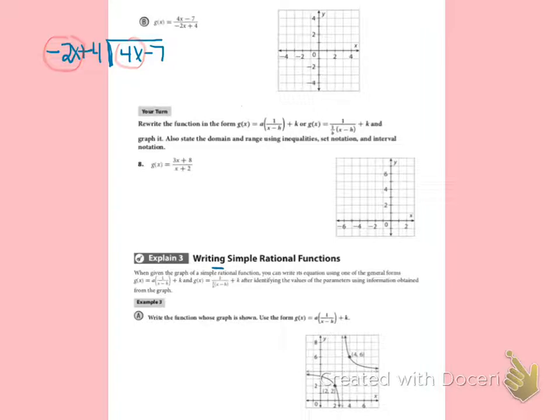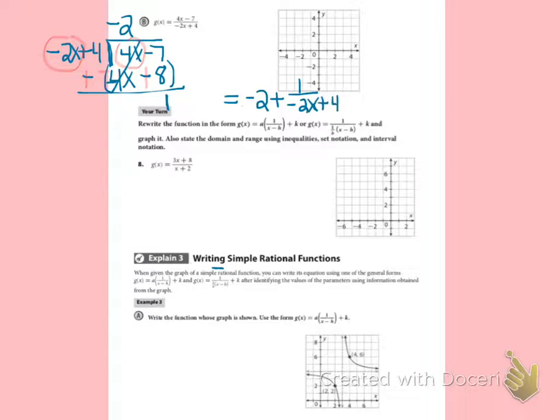And so I want to see how many times negative 2x goes into 4x, and it goes in there negative 2 times. Negative 2 times negative 2x plus 4 would give me a positive 4x minus 8, and then I'm subtracting that. So change that to add the opposite. I'm going to change it to addition of the opposite of these, and that's going to make that a plus 8. Now I'm going to add, those cancel out. These add up to positive 1, so 1 is my remainder. So rewriting this in that other form would make a negative 2 plus 1, which is the remainder, over the divisor of negative 2x